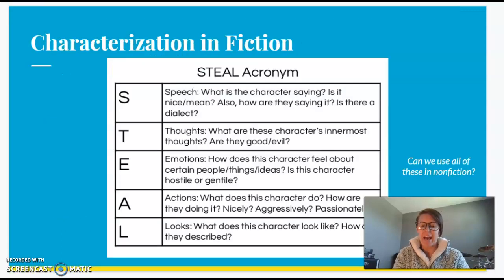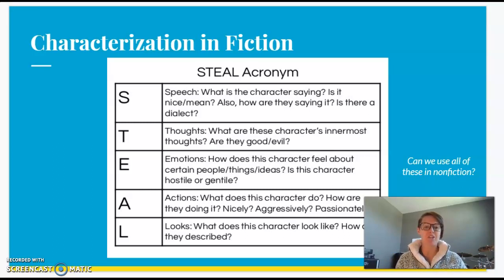So if you think back to our time in Unit 2, when we were studying Fahrenheit 451, and those of you in honors, we were talking about the text verify. We talked about indirect and direct characterization, so ways that authors are able to reveal things about the characters. And I know for a couple of the classes, we introduced this acronym of STEAL. And so STEAL stands for all of the different ways, whether they be direct or indirect, that an author can